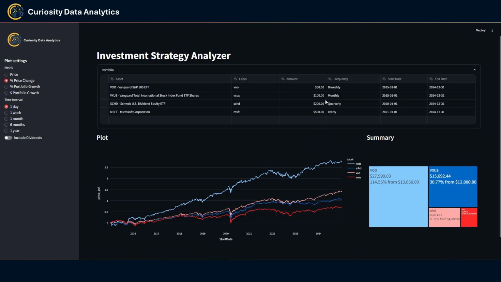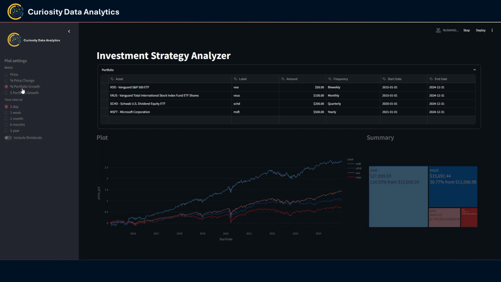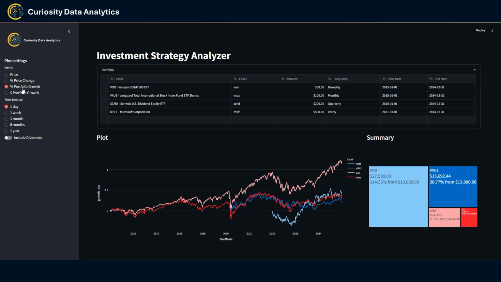So this includes the amount that was invested as well as the interest that is obtained throughout time. So again, this allows us to see the portfolio growth in dollars, but in a percentage format that includes the amount and the interest. Lastly, we have the actual portfolio growth in dollars,